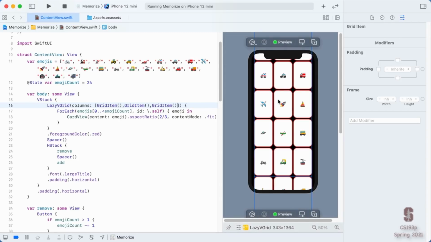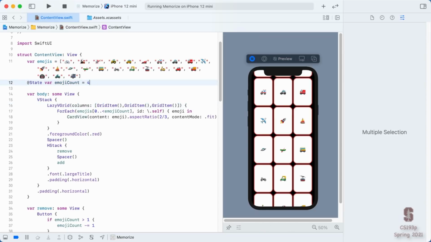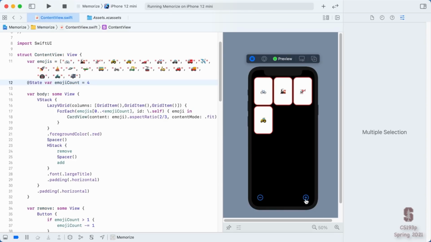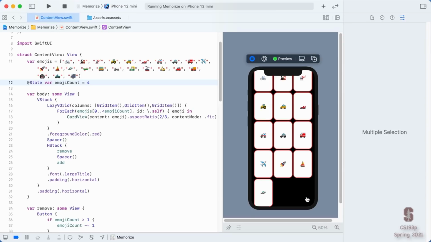If we go back into preview mode, you can see I got too many here, but let's go back to 4 and that doesn't even fix the problem, because watch. I have 4 cards, great. I'm going to add some more cards, add another card. Now my minus button is gone. So clearly this is not good. This view is expanding to fit and now it's smashing into these other views.